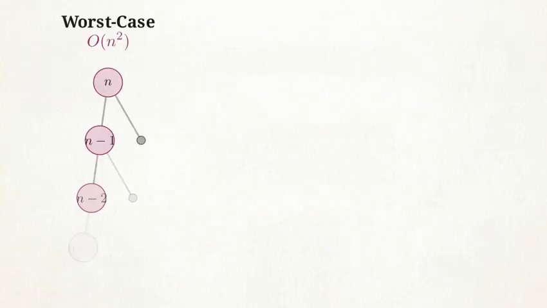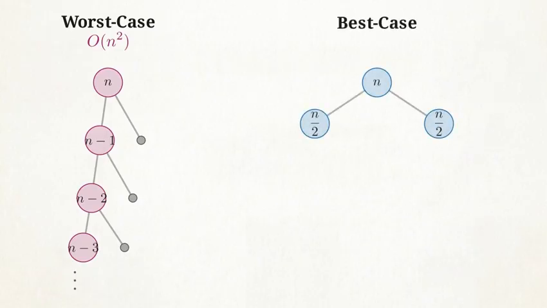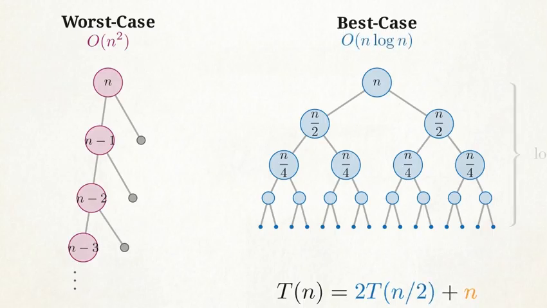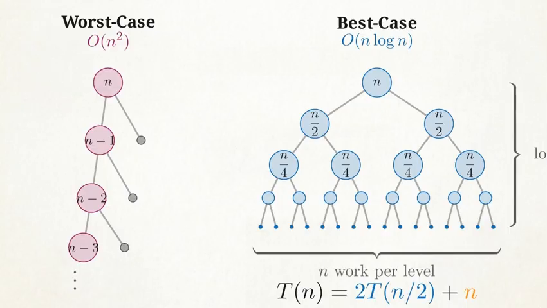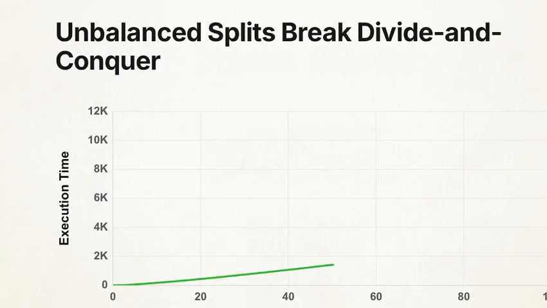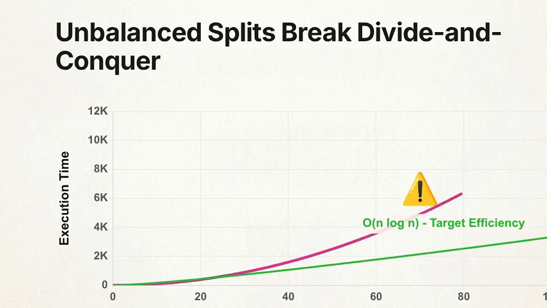If the pivot is the median value, it perfectly halves the array, building a balanced binary tree. One problem of size n becomes two subproblems of size n over 2, plus linear partition time. This solves to big O of n log n. This pivot dependency reveals a critical vulnerability. Without a balanced split, the divide and conquer strategy fails, causing the algorithm to exhibit the same quadratic growth as